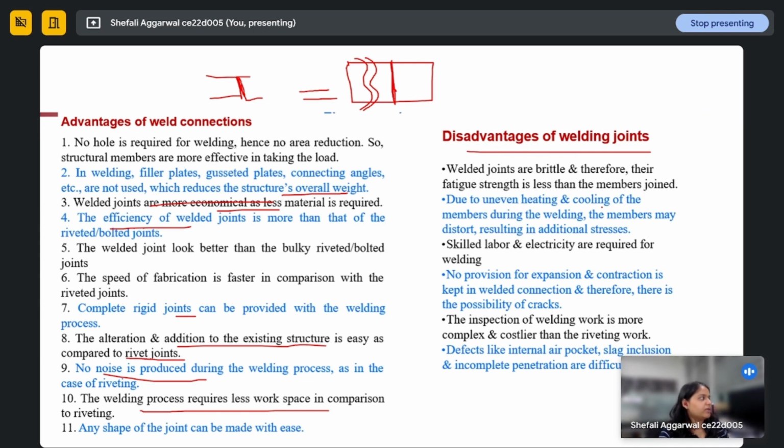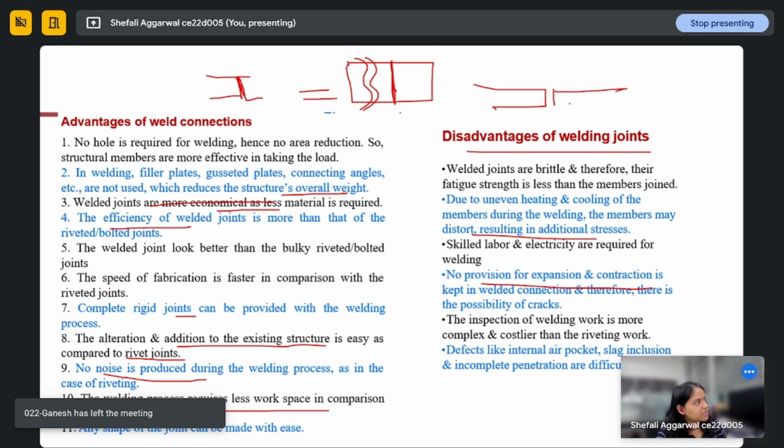And due to uneven heating and cooling during welding, the member may distort, skilled labor is required, electricity is required, and no provision of expansion and contraction is kept in a welded joint. So if we are welding two points, there is no chance that we can keep space for expansion and contraction. For example, if we take the rails of our railway, we normally give some space between two rails